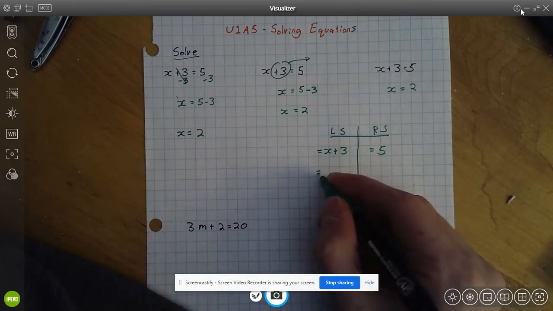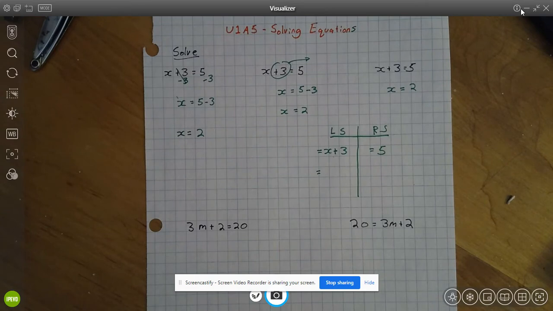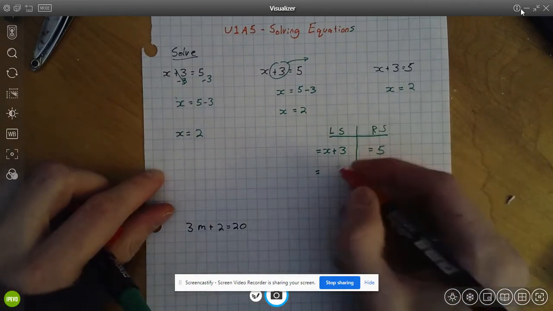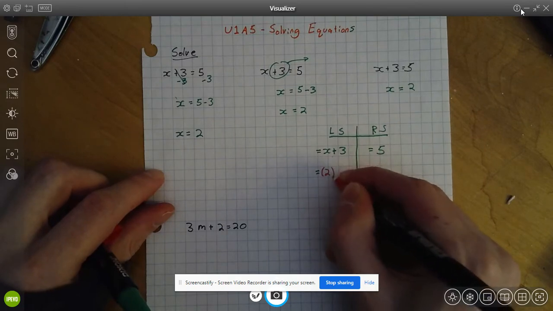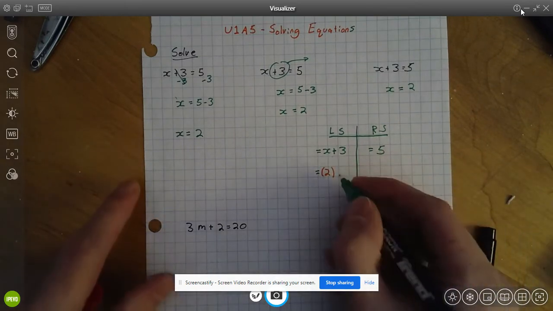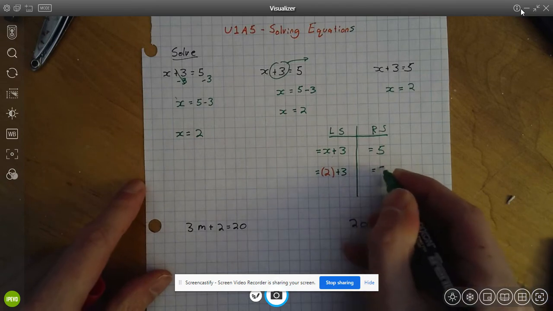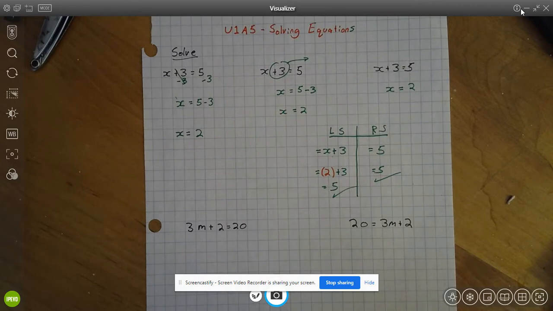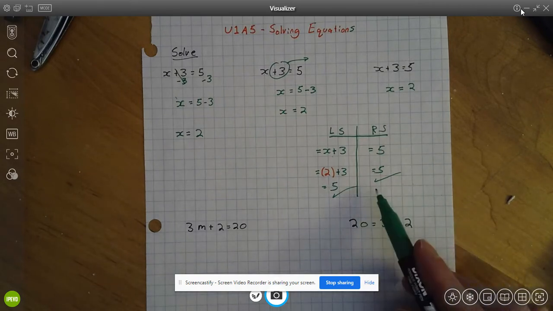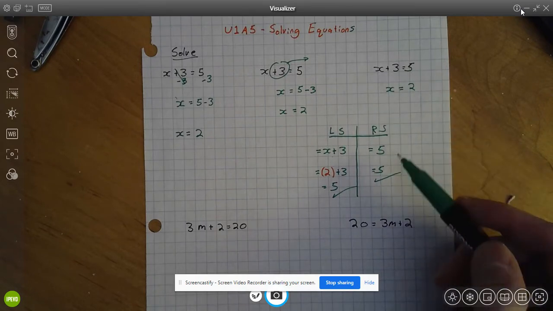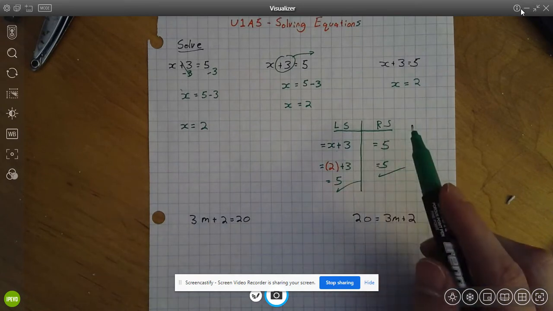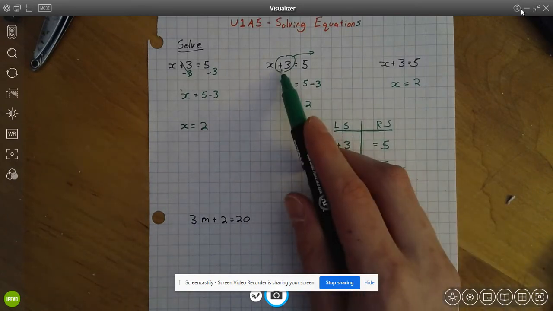And what I do is I'm going to substitute what I think the answer is in for everywhere I see x. So I thought that x was 2. So I'm going to substitute 2 for x. And then everything else will stay the same. Obviously, 2 plus 3 is 5. So my left side equals my right side, and I'm positive that I'm correct. If your left side doesn't equal your right side, then you must have made a mistake either solving the equation or doing your check. We call this a one-step algebra equation because I only needed to do one thing to